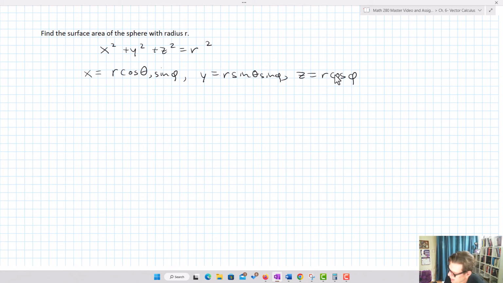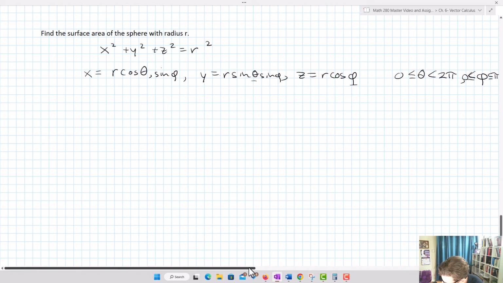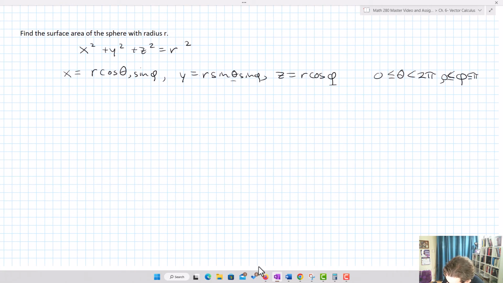Okay? And what we're going to have, since it's an entire sphere, is our parameters be phi and theta. Theta is going to go from greater than or equal to 0, to less than 2 pi. And phi is going to go from greater than or equal to 0, to less than or equal to pi. Okay, and those are going to be the values for our parameters. So my parametrization, we're going to call this r of theta phi, okay, is going to equal r cosine theta,